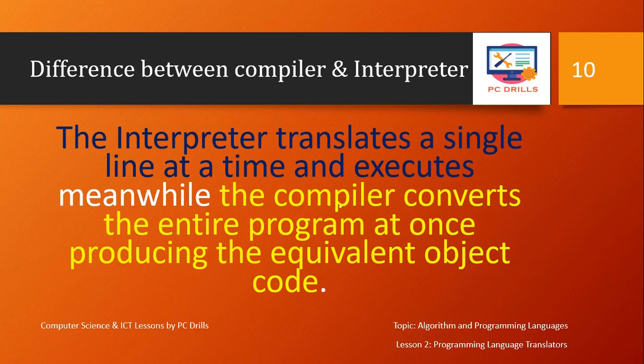So it is, for example, this way. With this small difference that I've given here, the interpreter translates a single line at a time and executes. Meanwhile, the compiler converts the entire program at once, producing the equivalent object code before it can run. So you can take, for example,